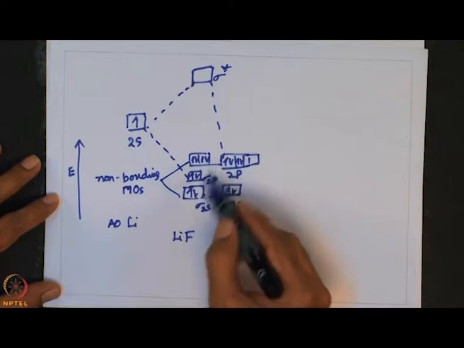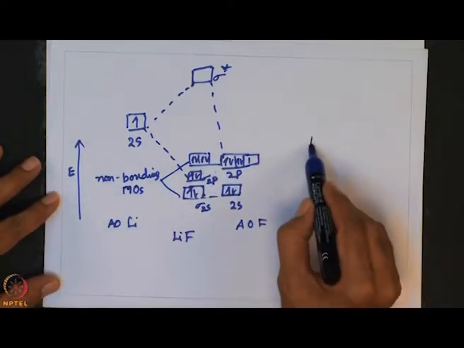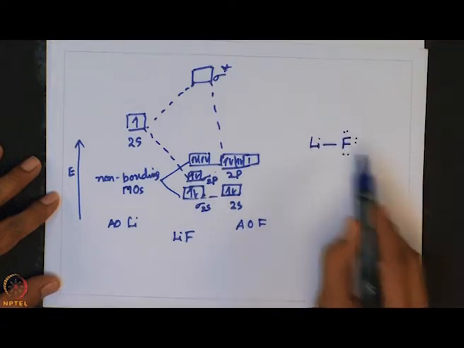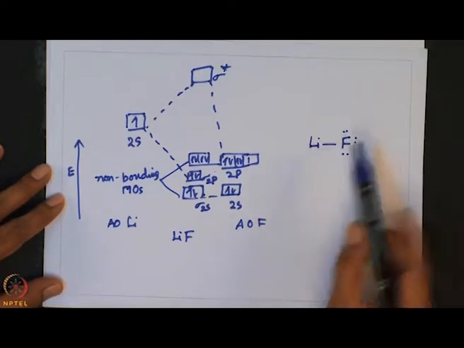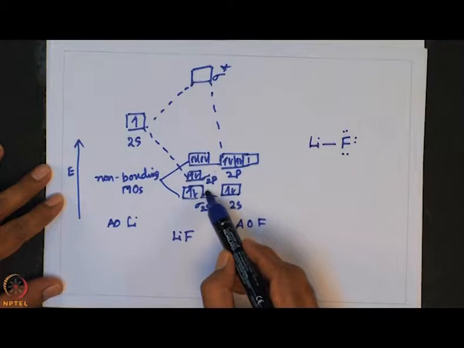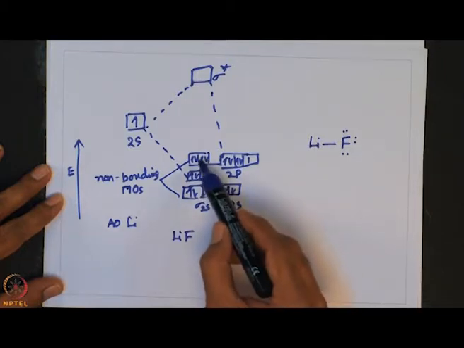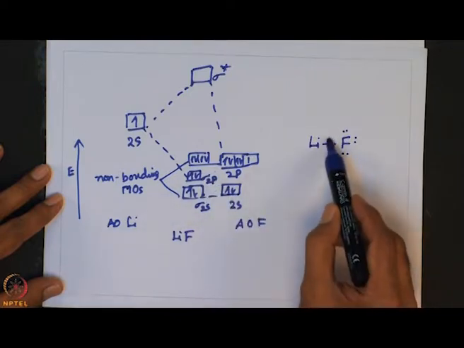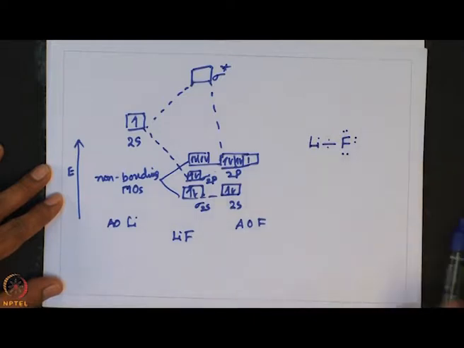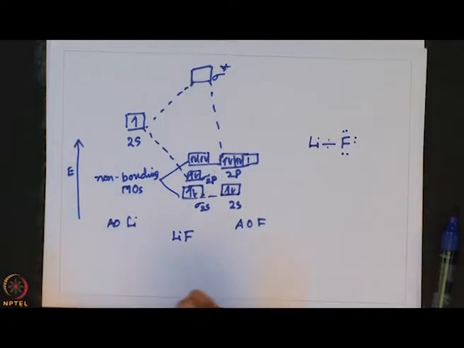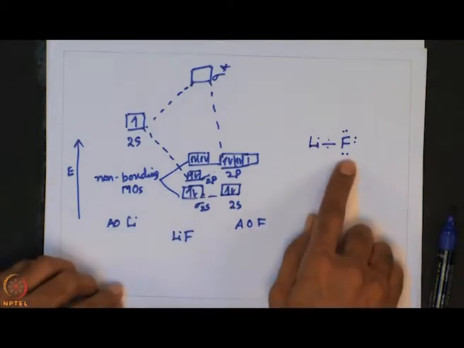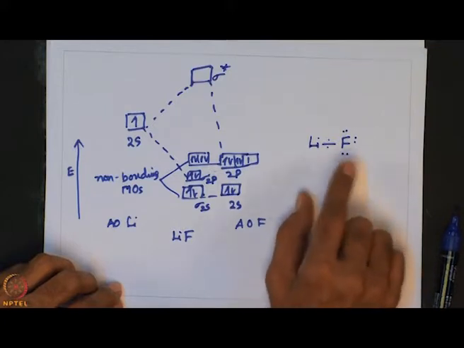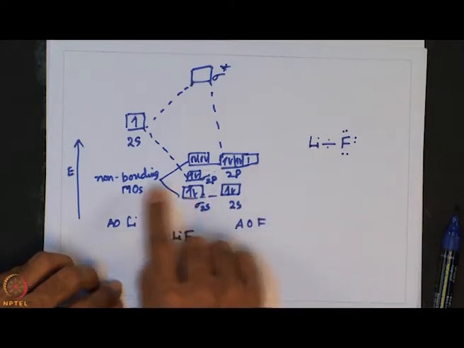For example, these 3 pairs remain non-bonding, and of course one can go to the Lewis dot structure and see here. So, these 3 pairs whatever is there are represented here, 6. One is this pair, another these 2 pairs, that means 3 pairs can be seen here, and the sigma 2p is responsible for making this bond. So, we can take some hint from the lithium fluoride Lewis dot structure, and from there we can see we have 3 pairs of electrons, it has 2s2 2p6 now. These 3 pairs are essentially not at all interacting with lithium, and they remain non-bonding.